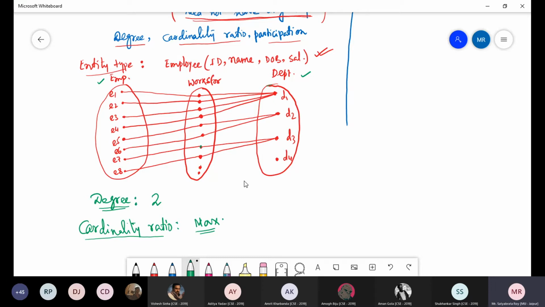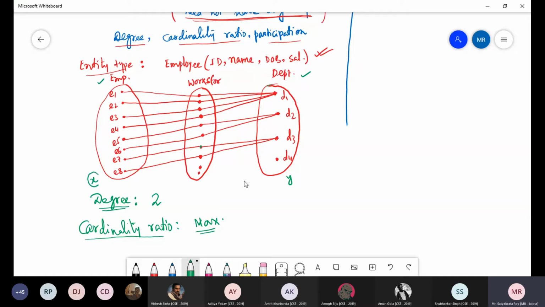Suppose that the cardinality of employee is X, and for department if the cardinality is Y, then the cardinality ratio for this relationship will be X is to Y.